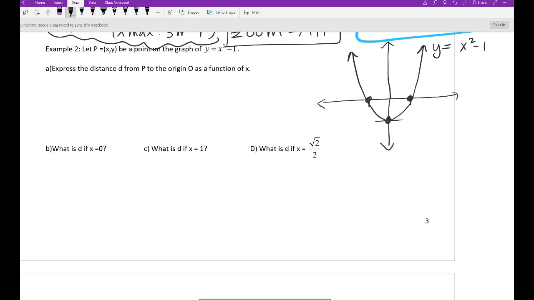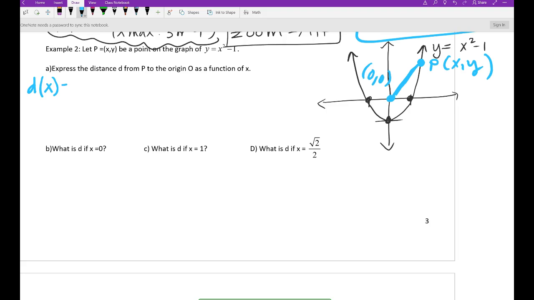And it said, hey, there's some random point. Where do you want to put this random point? Left, right, up, down? Up. Okay, up. Like there? P, (x, y). Okay? A says, hey, write a distance equation, d, as a function of what? X, and only x, right? From this P to where? To the origin, right? And the origin has an ordered pair of (0, 0). So,